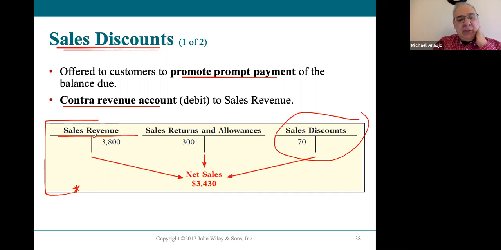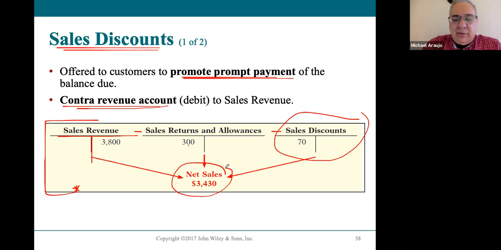Companies record their sales revenue. Okay, sales revenue, revenue account, credit balance. They will subtract out their sales returns and allowances. Sales returns and allowances, contra revenue account, debit balance. So it shrinks that. Sales discounts, again, promoting that prompt payment within 10 days, shows on the debit side, they're going to subtract out that. So sales revenue minus sales returns and allowances minus your sales discounts is something that you'll see on income statements